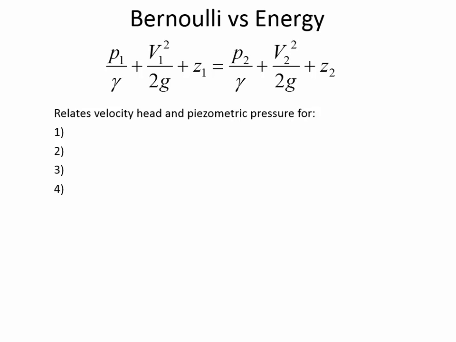Okay, steady flow, meaning that the flow rate is not changing with respect to time. Inviscid fluid, meaning that this is some magical fluid that doesn't have any viscosity, because the reason why we say that is that Bernoulli's equation doesn't account for energy losses, and it's only an inviscid fluid that won't have energy losses between one point and another. Okay, so steady flow, inviscid fluid, there are 2 more.